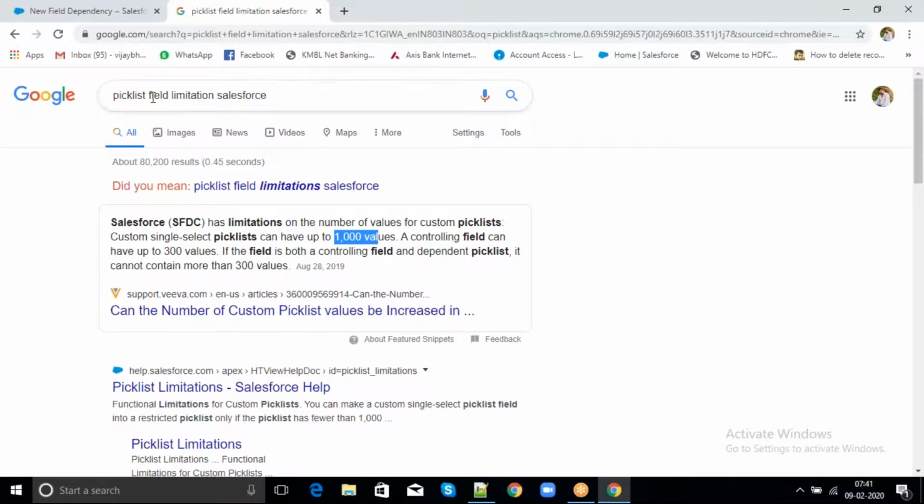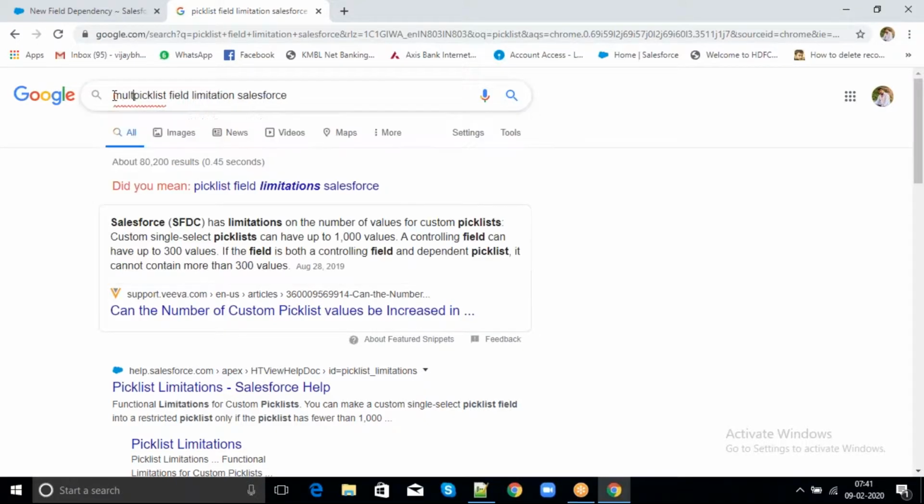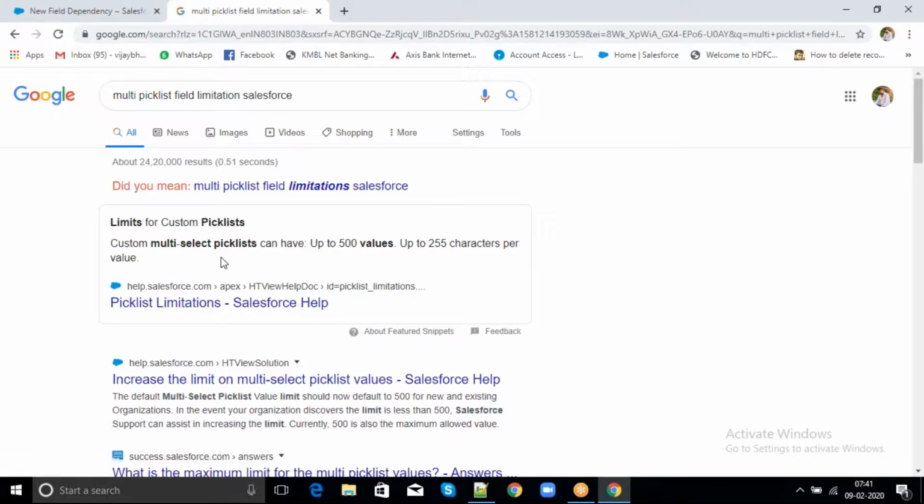Similarly, we have limitations for the multi-pick list. So custom multi-pick list can have up to 500 values. So every character is 255. Okay. If I open this, we will get more information.